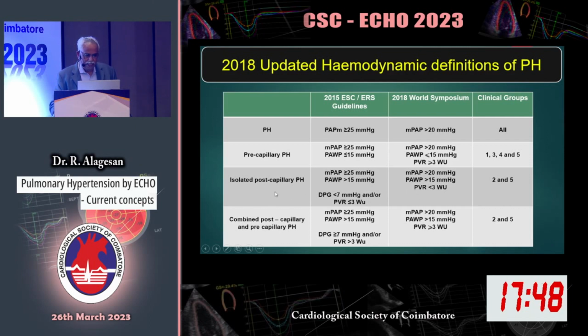In this isolated post-capillary pulmonary hypertension itself, there is a group of patients who develop a precapillary component also. This can be identified by a diastolic pressure gradient of more than 7 millimeters of mercury, and the pulmonary vascular resistance again is increased in these patients. So these patients have both precapillary pulmonary hypertension and post-capillary pulmonary hypertension, and this can happen in group 2 and